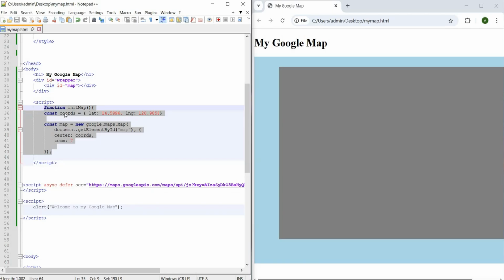So let's double check. Function initMap, constant coords equals, Google Map.